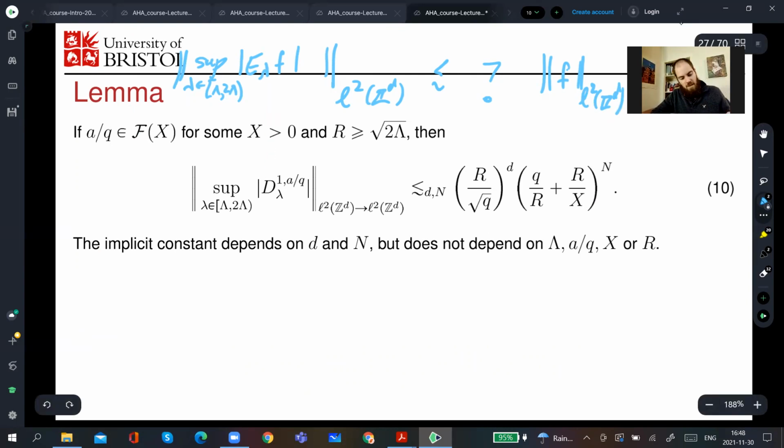Okay, stating it rather generally for the moment, and we'll get to how we need to optimize our choices later. So I haven't chosen R yet. I'm just letting it be sufficiently large so that I can use the same R across this whole dyadic range. And when I do that, and I pick some arc from the Fourier dissection, some fraction a over q, I get this as my bound for the L2 boundedness of the maximal function of that first error term. Okay, it looks a bit gnarly, but it falls out naturally from the proof.